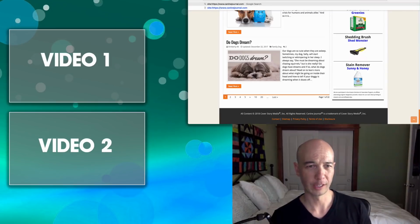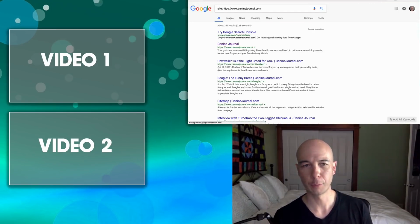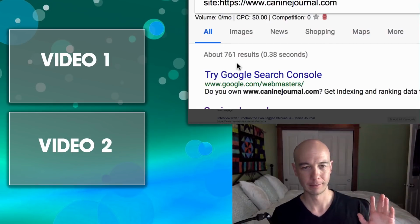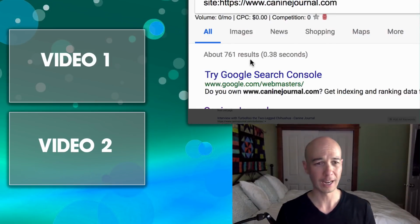So here's a little bonus thing I'll show you. If you type in site: in the search bar and then the site, you'll see all of the indexed posts or URLs for a site. So there are